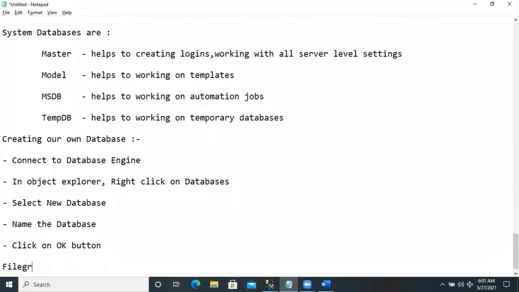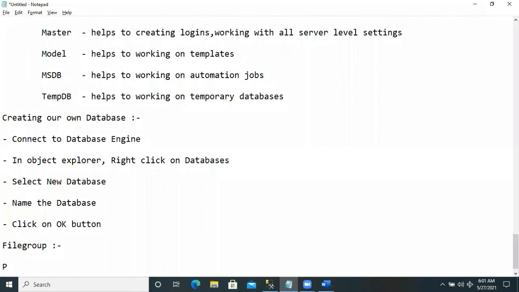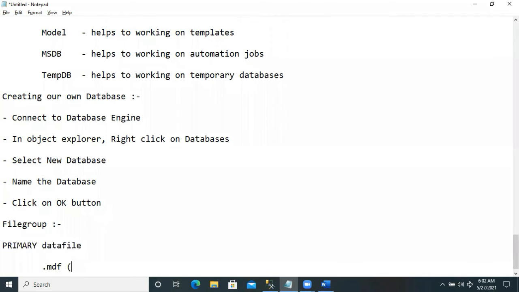For every database, I have the file group called primary data file and log file. .mdf is the extension for the primary data file.